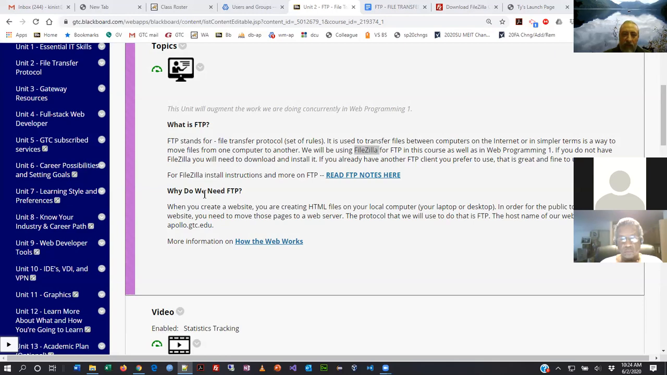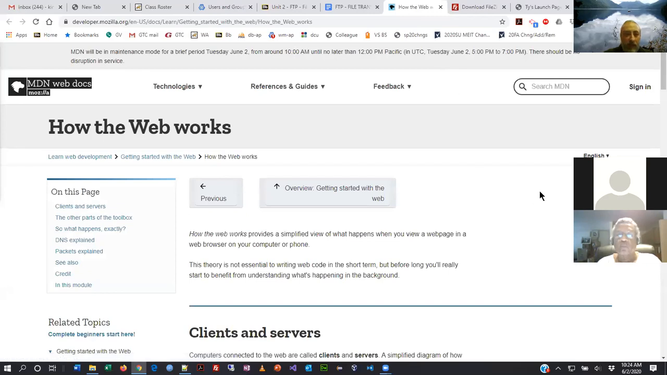All right, so the other little tidbit that Wendy put in here is why do we need FTP? As we mentioned before, when you create a website, you're creating code, and you can make it work great on your own computer, but ultimately you do have to put it out on the web, and this is just the way that we do it. If you want to read an interesting article, you can click on this one, and I think what's kind of neat about this is